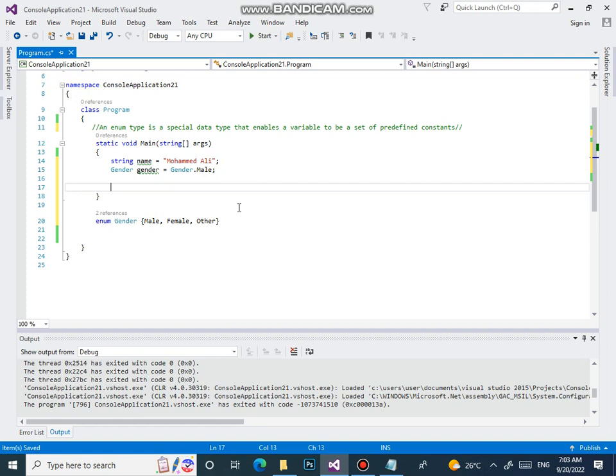So when I print this value, you will see that it will give me male in the output. I can show you right here. My name is, 0 for first position and 1 for second position, and